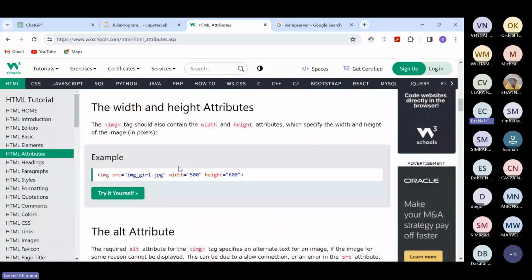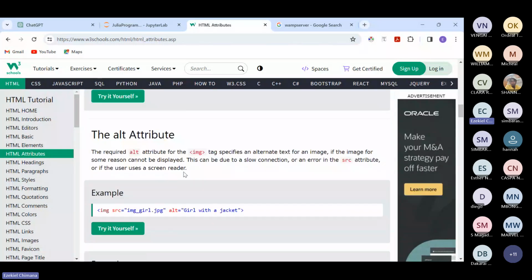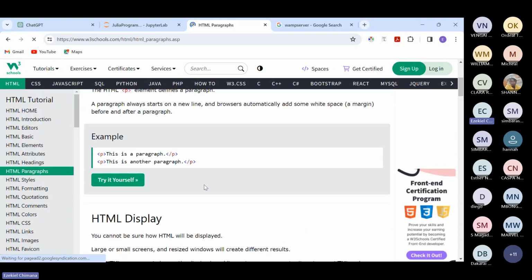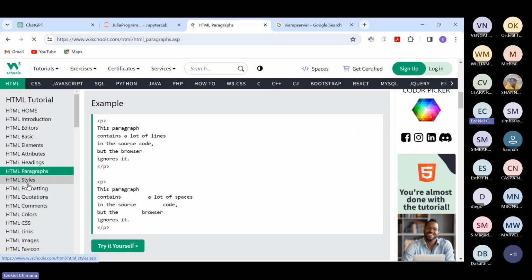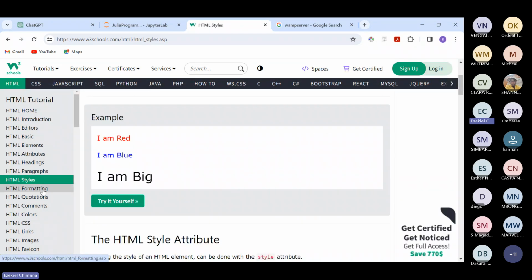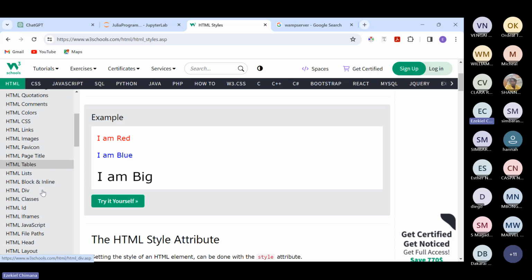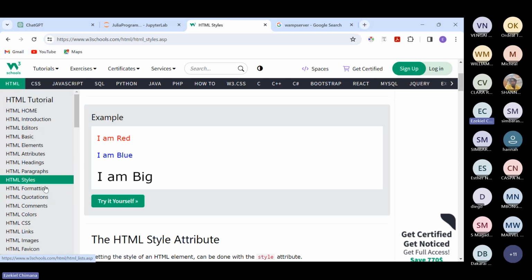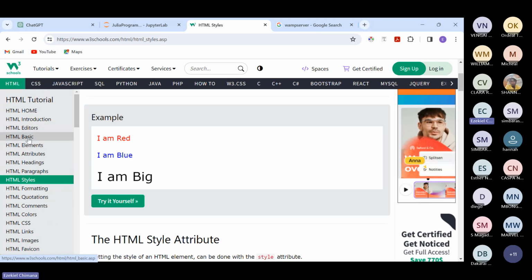So normally, I just wanted you to appreciate the HTML. You can have paragraphs, maybe on the styles. We are going to talk about the styles on their own. I'm going to talk about this on its own. But I just wanted you to appreciate the HTML,